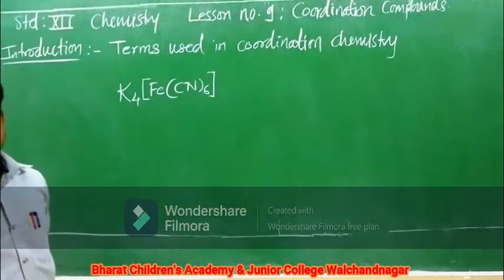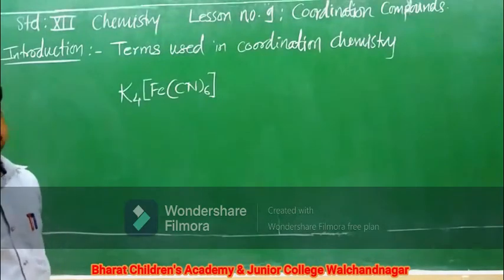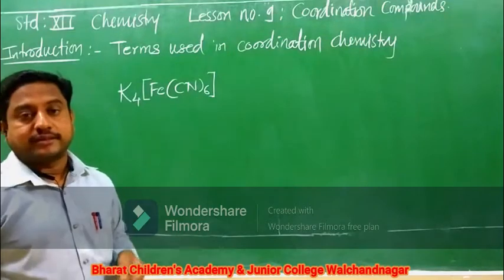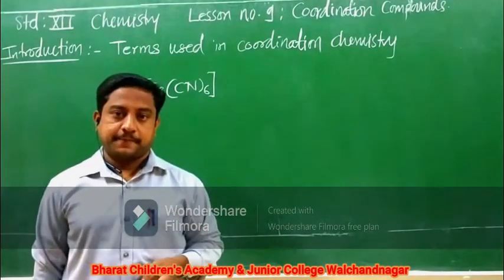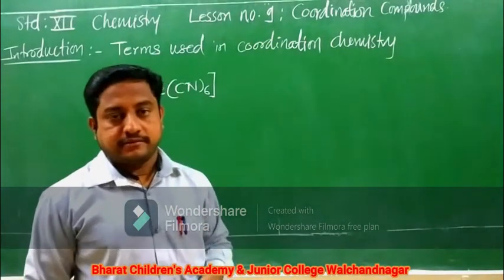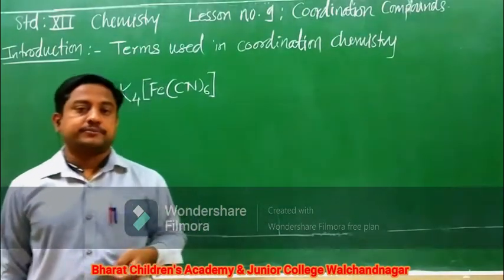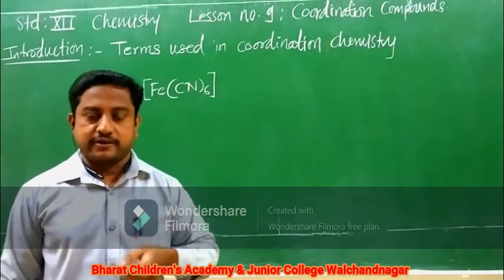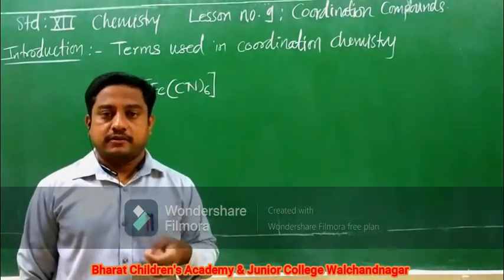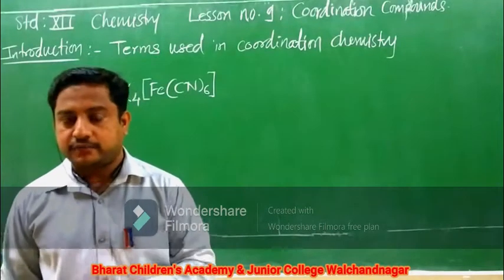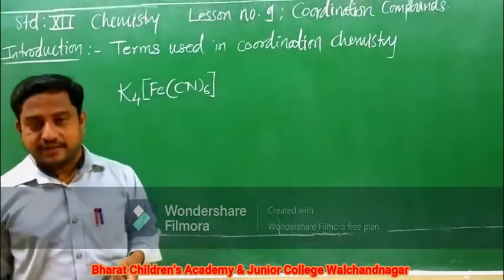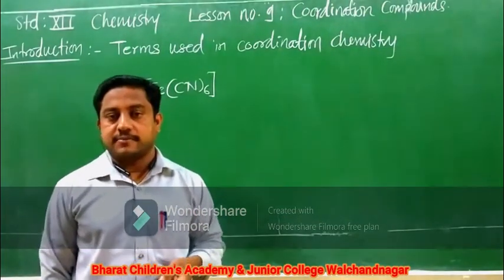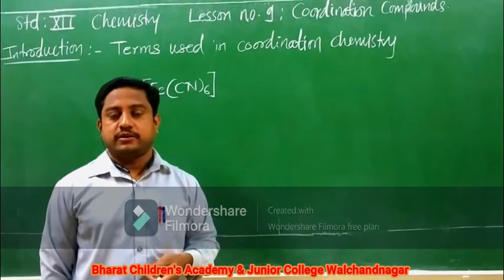In this particular lesson, we have to study the type of the ligands initially. Then we are going to study about the types of coordination sphere or complexes. Then we will be studying about the coordination number, different terms used in the coordination complexes, as well as after that we are going to study the Werner's theory of the coordination compound, then the effective atomic number theory of the coordination compound, in which we are going to find out the effective atomic number.